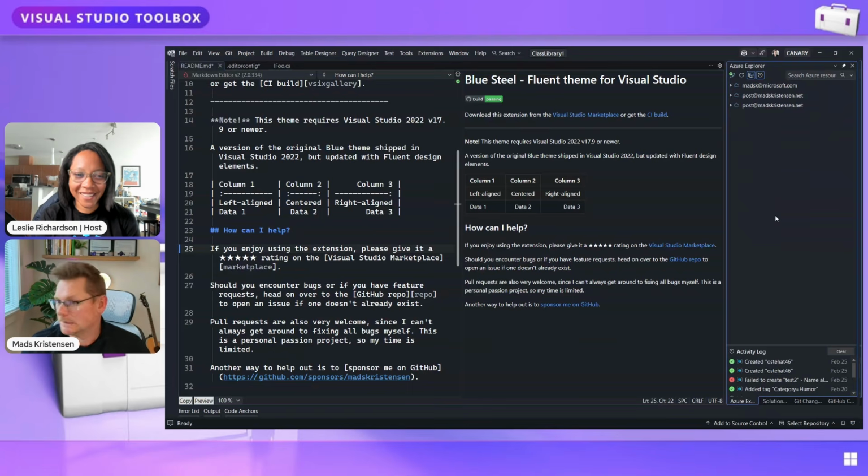Remember that? Oh yeah, I vaguely remember that. RIP. Yeah, we deprecated it in 2019, but people have been asking for it ever since. They want the ability to do certain things within Visual Studio that affects their Azure resources. And so we put a lot of energy, the Azure team, on making this for VS Code. But I thought, hey, let's just get that into Visual Studio as well.